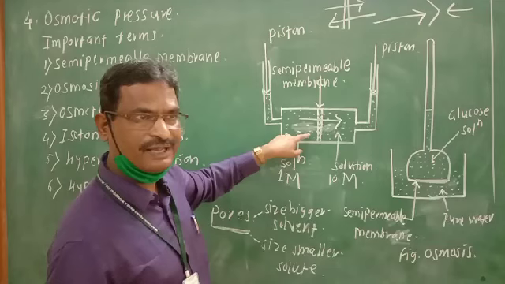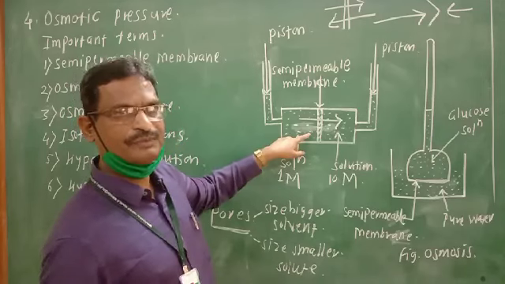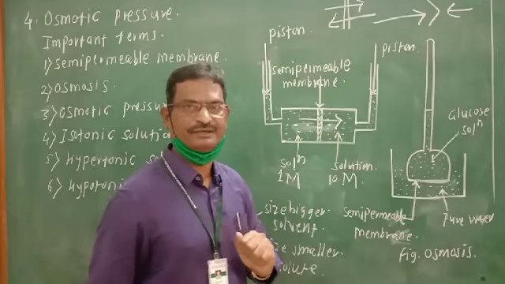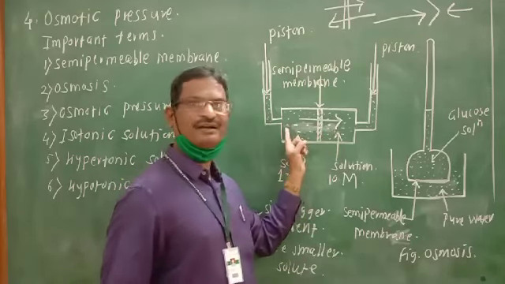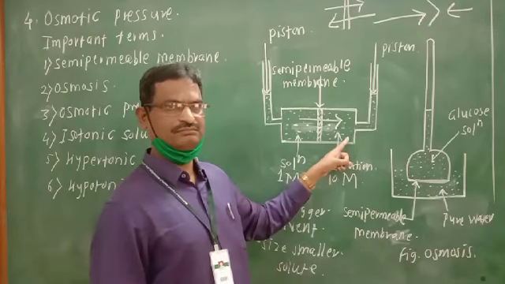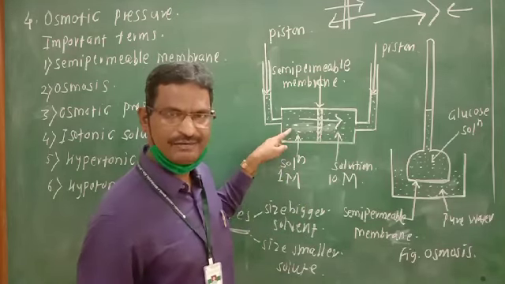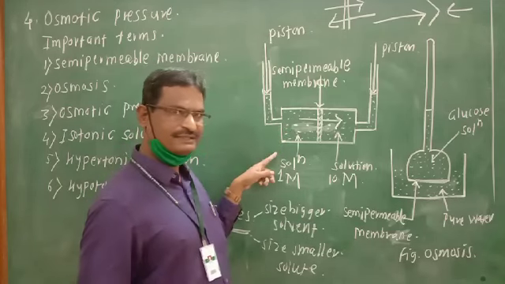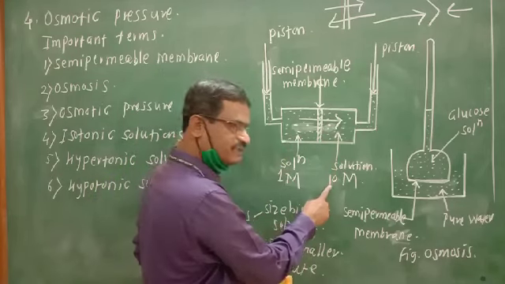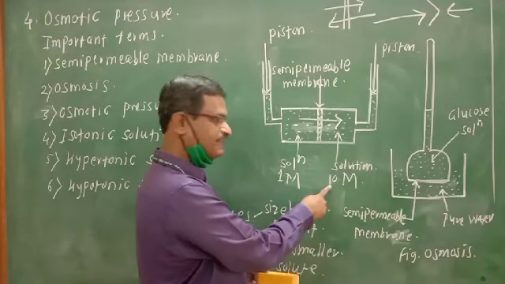Now how does osmosis take place? I have told you there is the movement of solvent taking place from the pure solvent compartment to the solution compartment, but here pure solvent is absent. Instead of that, both compartments are containing a solution. But can you tell me in which side the component solvent is greater? It is on the left side. Why? Because concentration is less, means solute is less and solvent is more. Here concentration is 10 molar, means the solute proportion is more and the solvent is less.